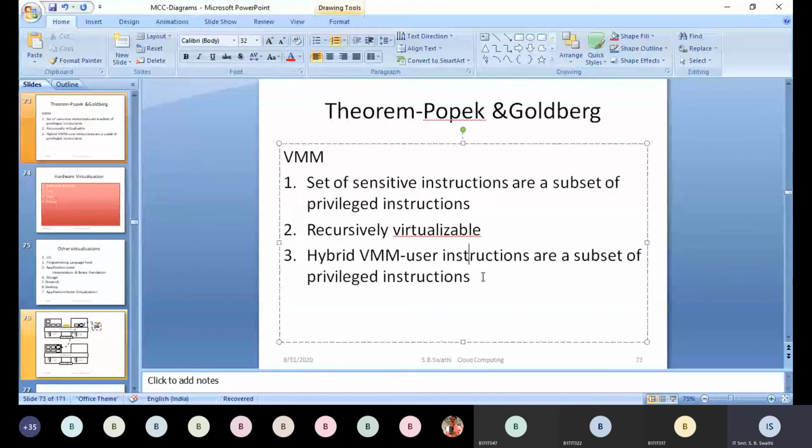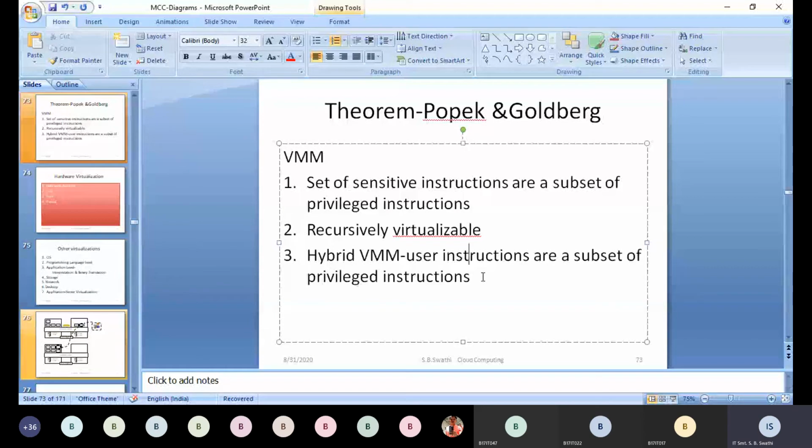So that type of thing is done by this hybrid VMM, and it can execute all those instructions directly. Okay, and it has overall control over all those instructions. So that is about a hybrid VMM.